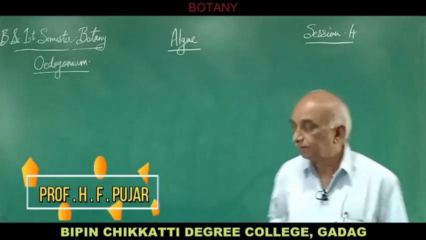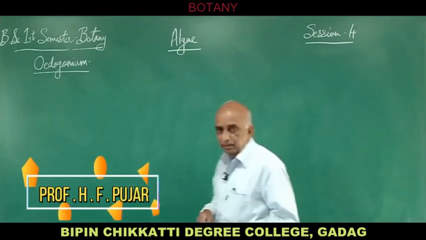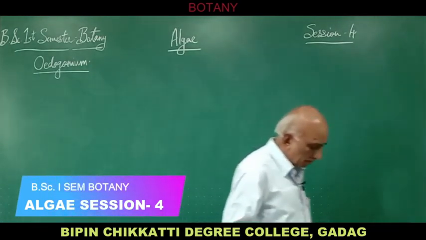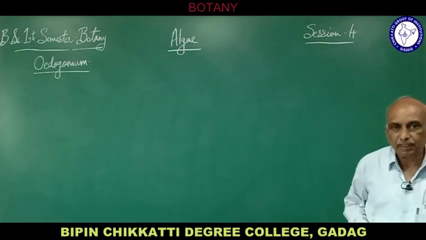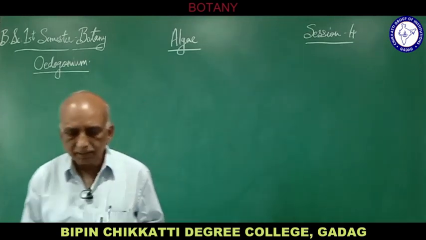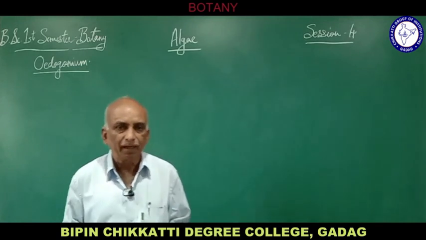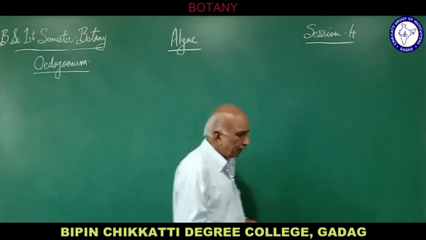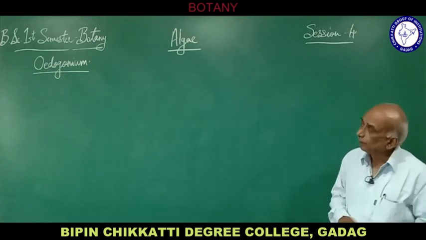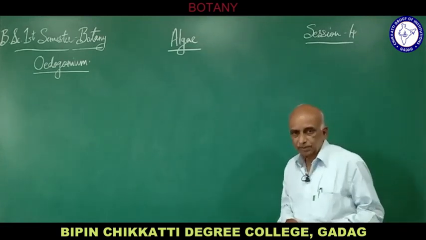Algae section of the chapter, that is the second unit. So we are studying different types of algae and their life history. In the algae we have already studied the general characteristics, the classification of algae, then also the reproduction in algae. So far we have studied about Nostoc, Chlamydomonas,